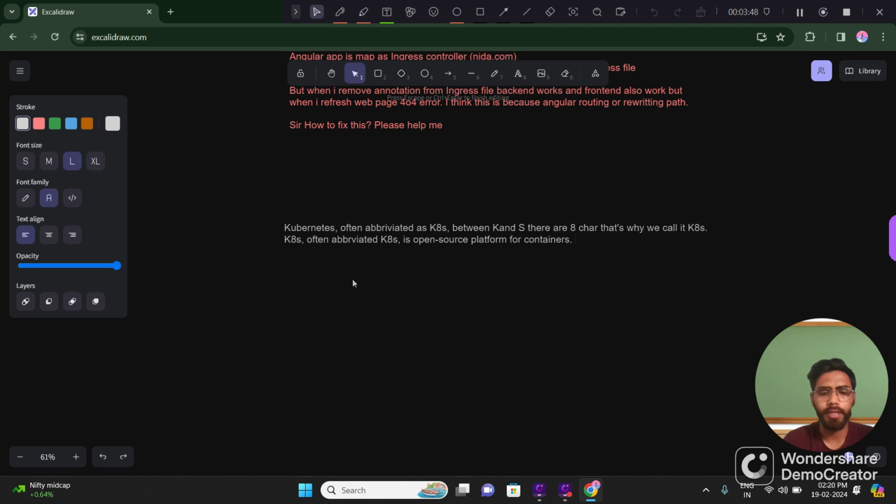Kubernetes is designed for the automatic deployment of applications,